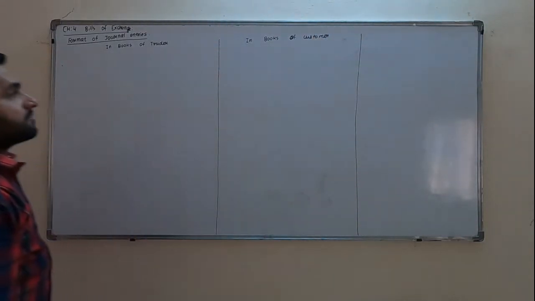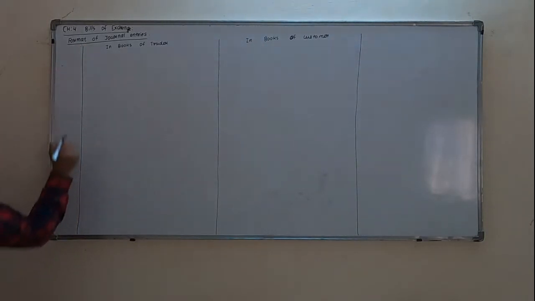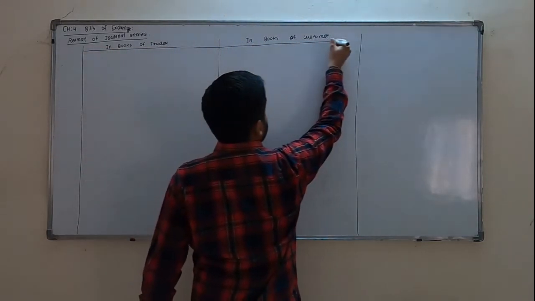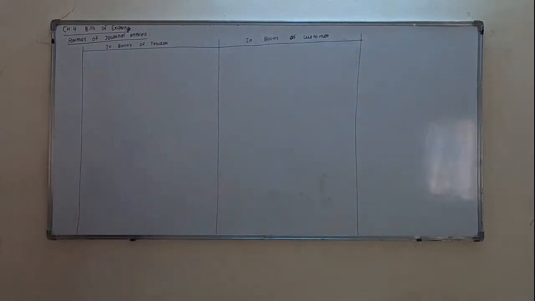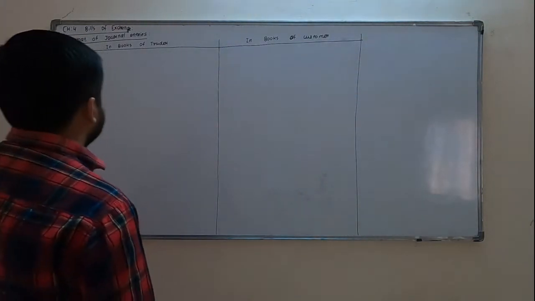So we will divide one page in two equal parts and we will learn the journal entries in the books of both. Okay? So in the books of trader and in the books of customer. Now,